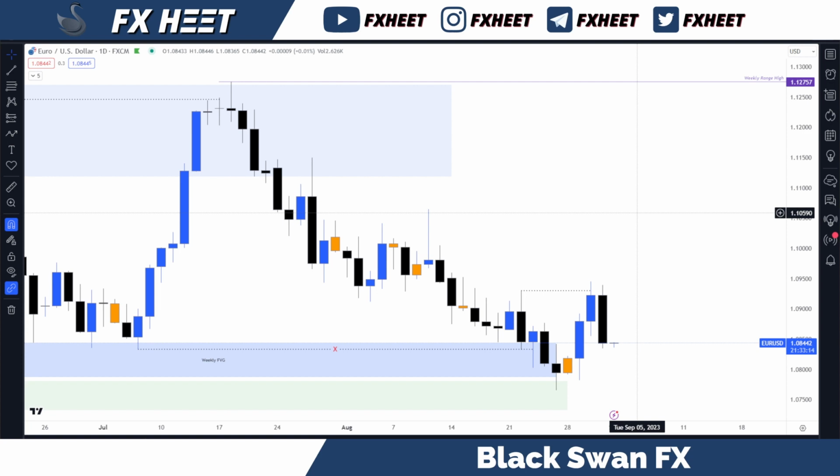We had some really interesting price action yesterday, so I wanted to do a quick review prior to Japan Open. I'm on the daily time frame. You can see we had a huge drop on this candle here. I was expecting this at one point or another,